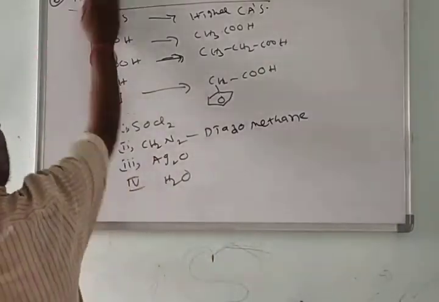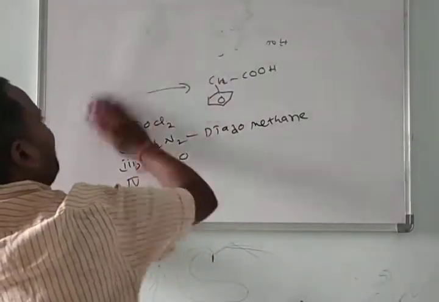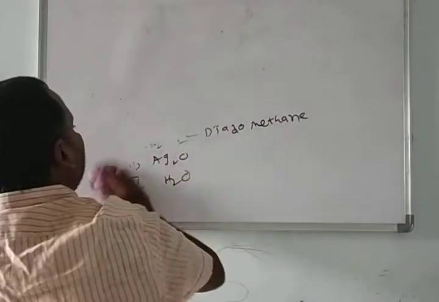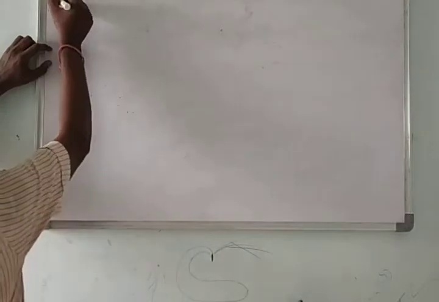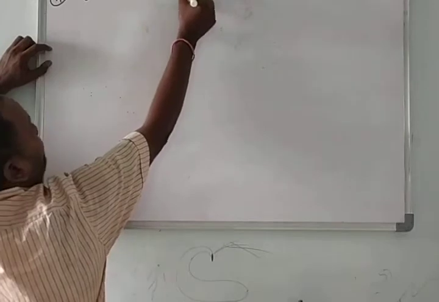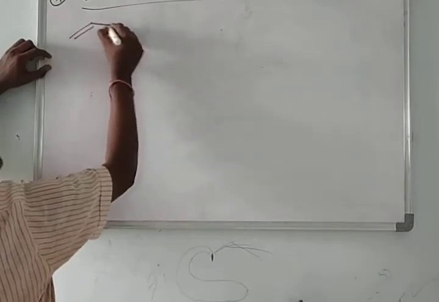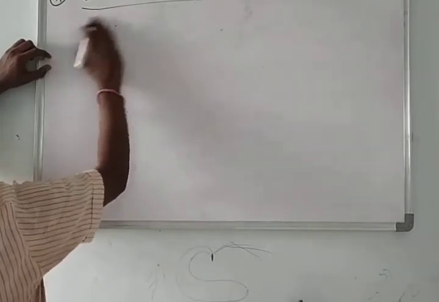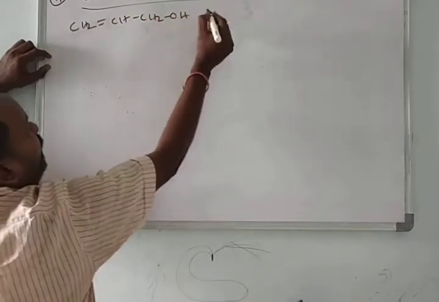Okay, in continuation we'll see some more reactions. Sharpless epoxidation. Okay, what is the meaning of epoxidation? The conversion of alkene into epoxide we called as epoxidation. Okay, what is the Sharpless epoxidation? Okay, here allyl alcohol. I am writing it here in a different way. CH2 double bond CH, CH2OH. This is allyl alcohol.